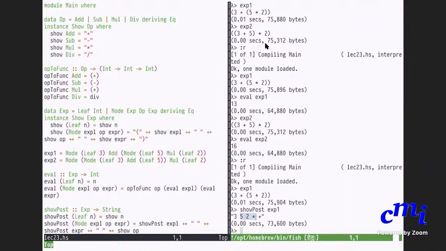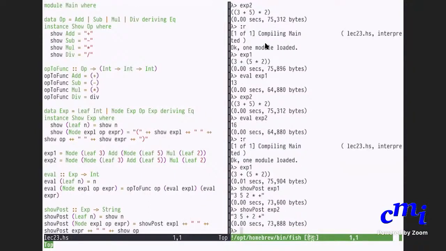Okay. But if I do show post expression 2, you will see that it is different. It is 3 5 plus, meaning do 3 plus 5, then 2 star, meaning do star of 3 plus 5 and 2. Is it clear?